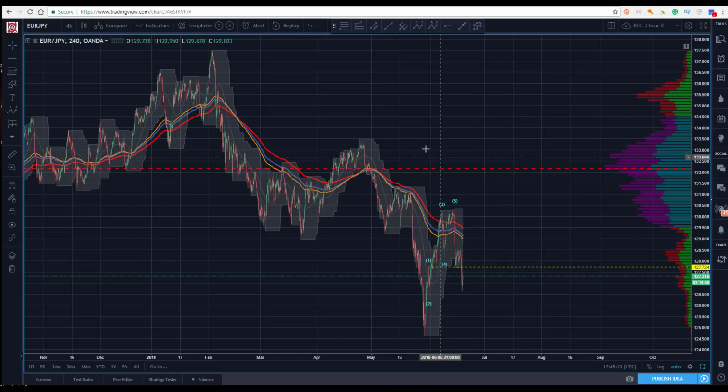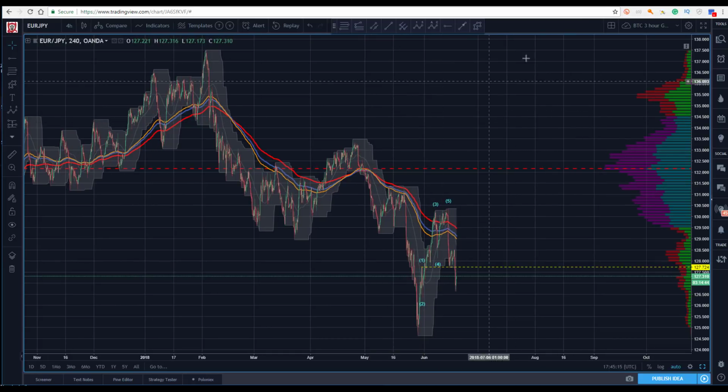Okay, with that said, I've got the euro yen rolling now. The other thing I should mention, I've mentioned this in the last video. Those of you that are crypto traders used to seeing crypto analysis here, we used to divide it up into two channels. Now we're just combining the channels, because I want you to see that this methodology is applicable to any asset, any chart, any time frame.